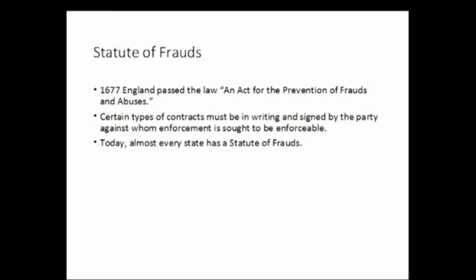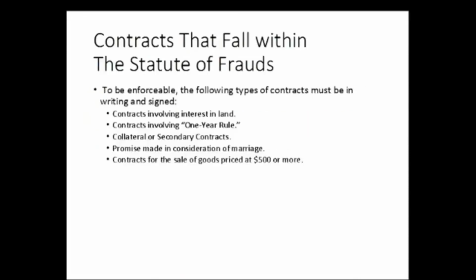All right, now, there are things called adhesion contracts, and these are standard form, pre-printed contracts in which the party has got no opportunity to negotiate the terms of the contract. It's a take it or leave it type deal. They can be considered unconscionable. Courts have found that and have thrown them out. It's a one-sided bargain where one side has got superior bargaining power. Because contracts are all about bargaining for that offer and acceptance. That's really what the courts are assuming.